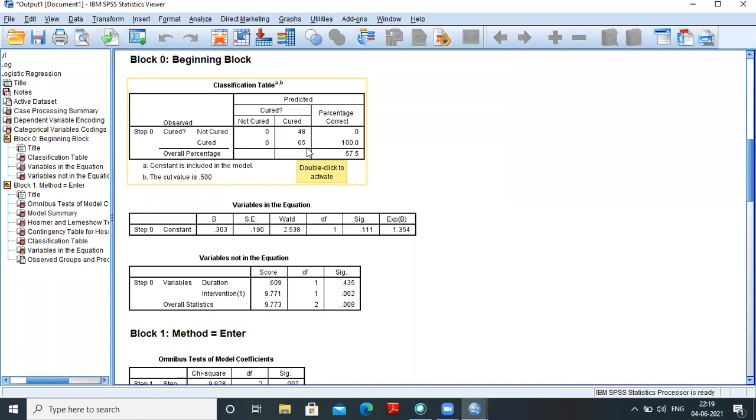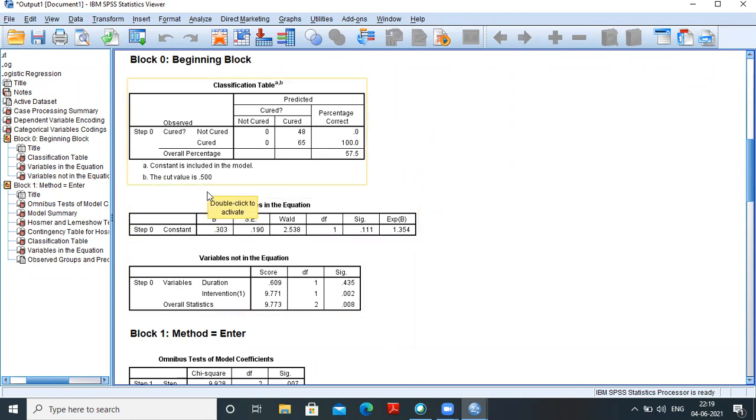But actually out of these 113 cases, 48 were not cured. So my hit ratio will be 65 divided by 113, that is a correct percentage of 57.5%.